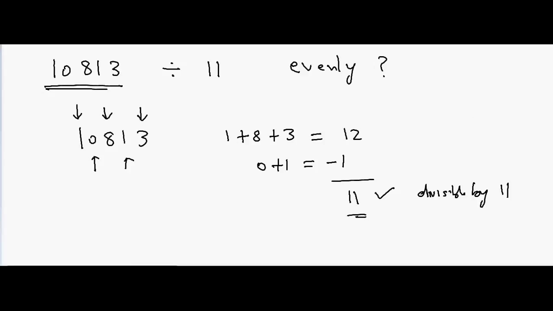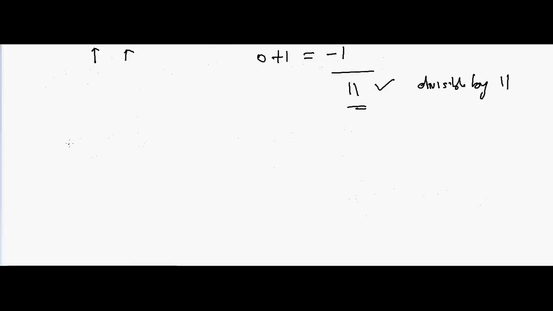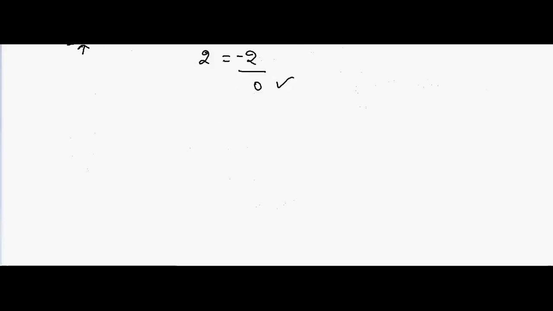Let's take another example. If I have 121, in that case I'll take 1, 1 and 2. So 1 plus 1 is equal to 2, and the other is 2. If I subtract them both, that will be 0. And because I have a 0, and 0 should also be evenly divided by 11, this number should be evenly divided by 11.